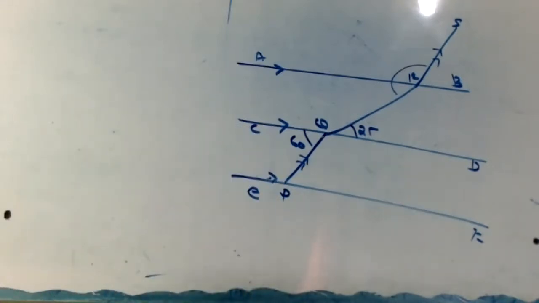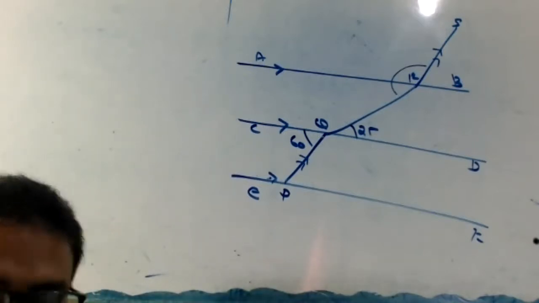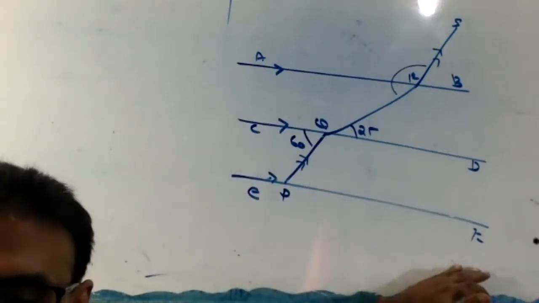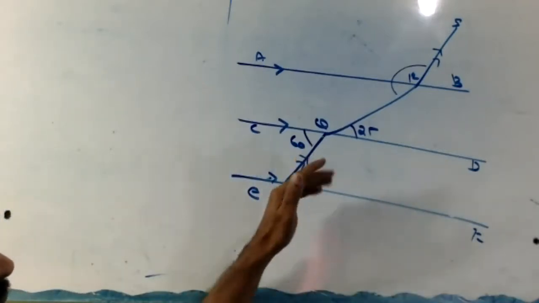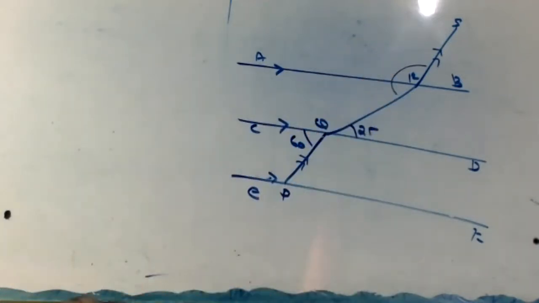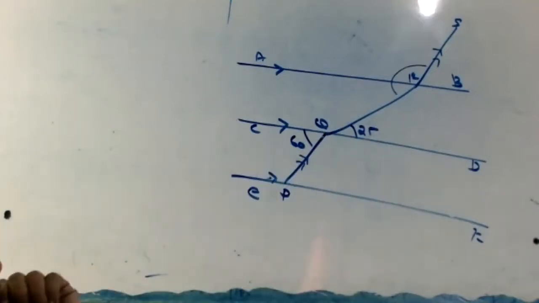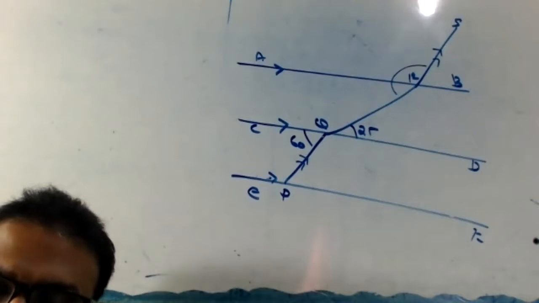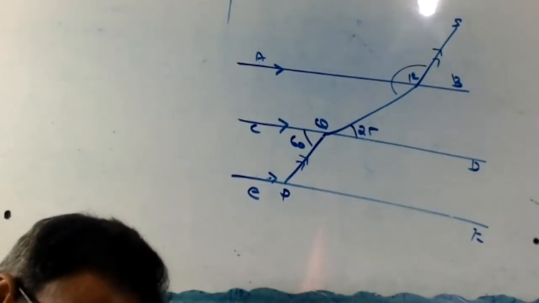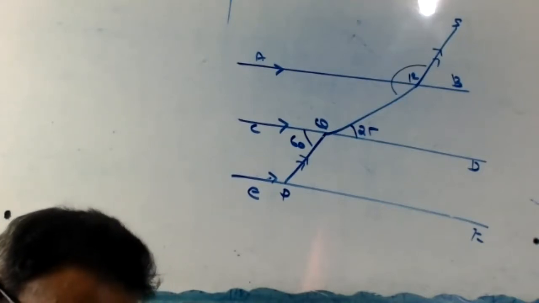Okay, so draw the figure exactly. Question here, look. AB parallel CD parallel EF. PQ parallel to RS. See the arrow. This line is parallel there. This angle is 25. This is 60. Find angle QRS.